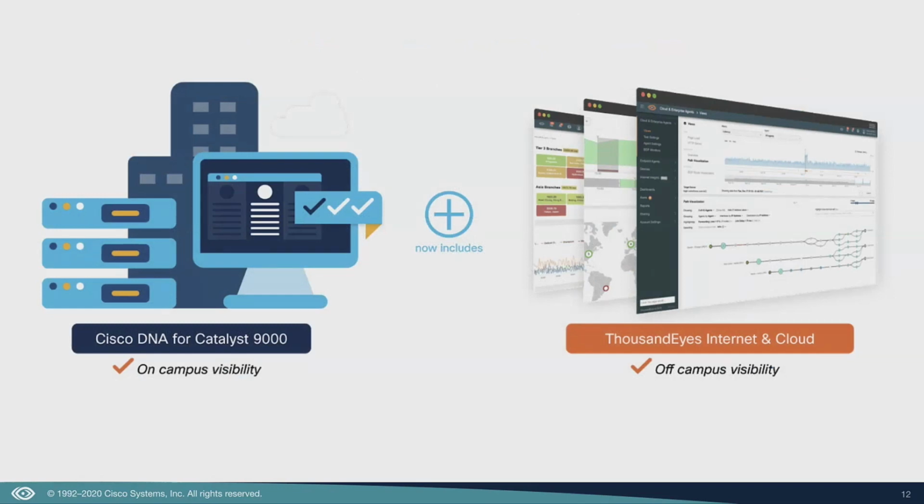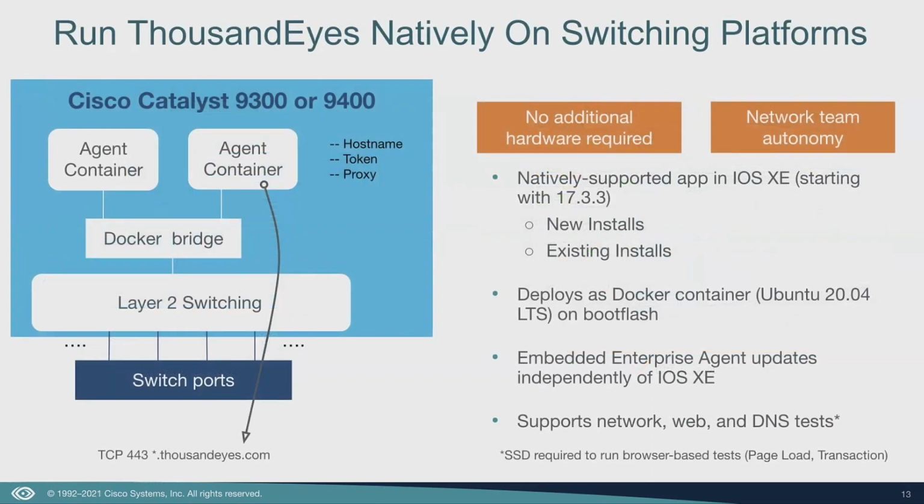Second is, once they have the agent, how can you actually run the tests that you need by providing some ThousandEyes test capacity as part of their DNA subscription that goes along with the Catalyst 93 or 9400 device. So to talk a little bit more in detail about this, the agent is now able to run natively on